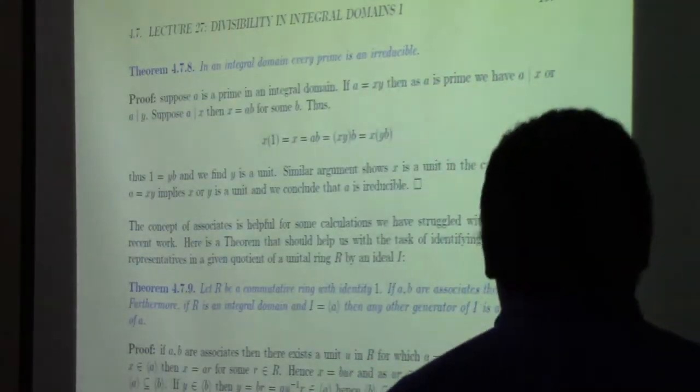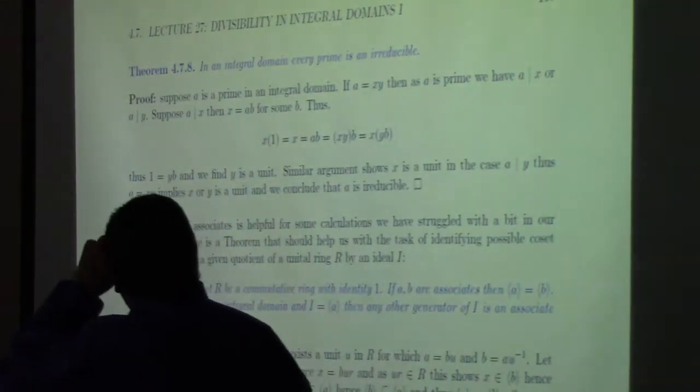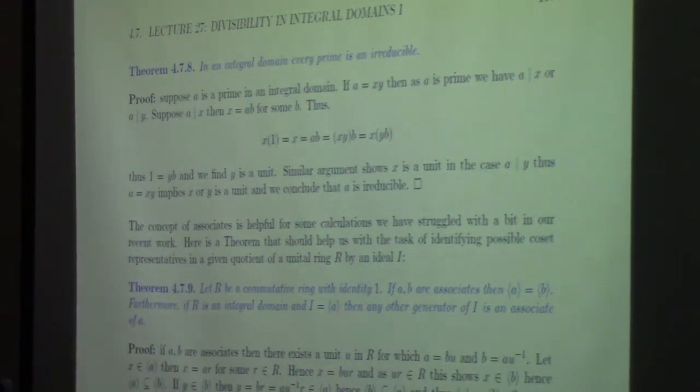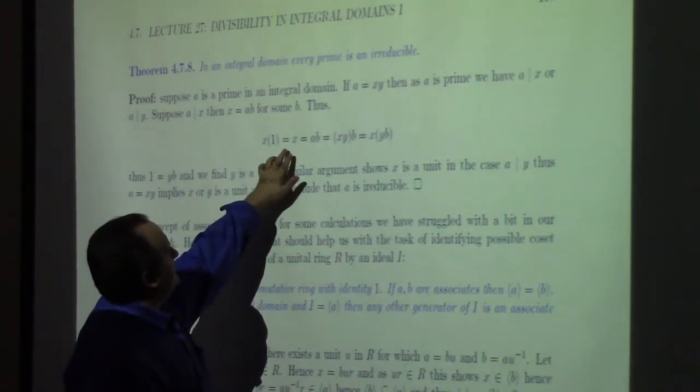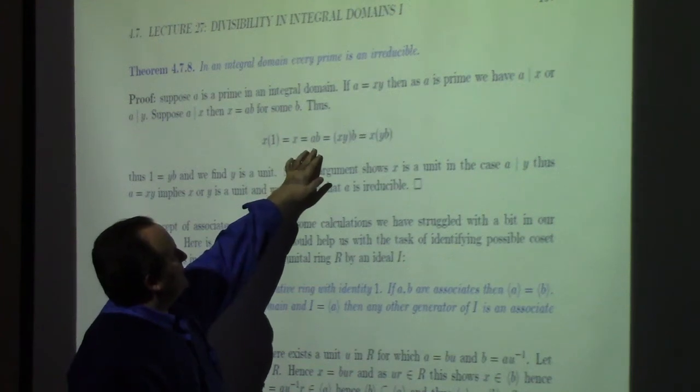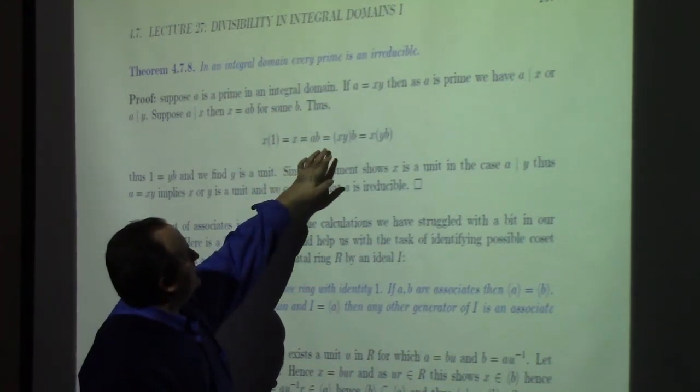All right, so in an integral domain, every prime is irreducible. Let's look at the proof here. Suppose a is a prime in an integral domain. If a is equal to xy, then a divides x or a divides y, by the definition of prime, right? If a divides x, that means x is equal to ab for some b. Thus x is equal to, well, x times 1 is x, of course, which is ab, which is,